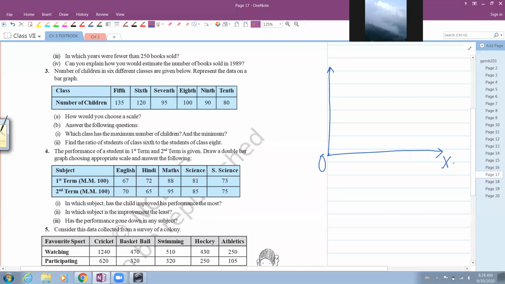Horizontal axis is named as X. If you want, you can write down X axis. The vertical one can simply be written as capital Y, or you can write down Y axis. Now we have two things in our question. The first thing that we have is class and the second thing is number of children. So we will be showing the classes on the horizontal axis. Classes will be written along the bottom, and you will mark number of students on the vertical axis. Now I am doing this roughly just to remind you how we used to make graphs.